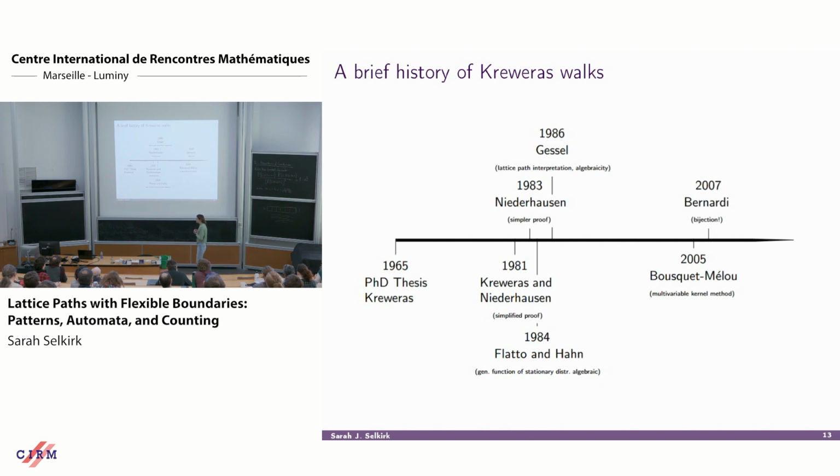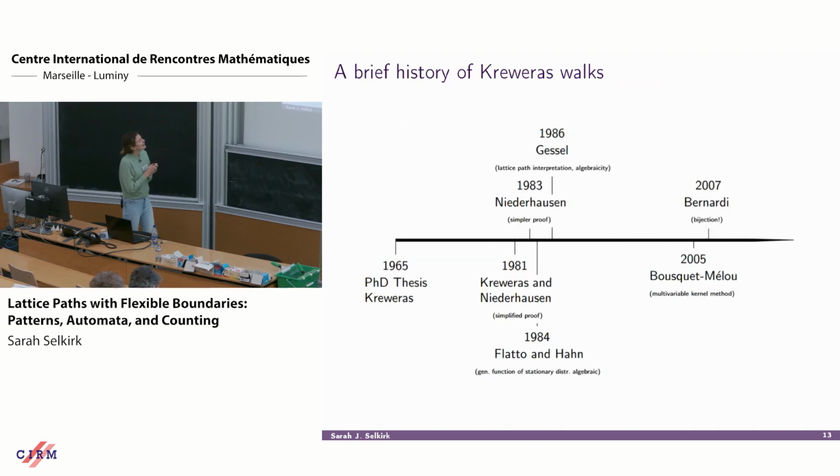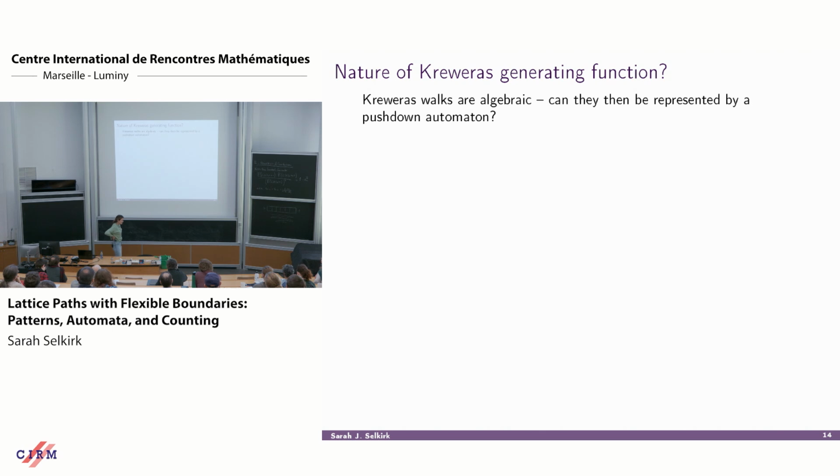It's not with the simplest objects like ternary trees, which are nicely colored and so on, but still a very nice bijection, but some sort of proof from the book bijection is still outstanding. Okay, so, I neglected to mention, but at some point, the algebraicity of Crevasse walks was proven. And so we have this question,